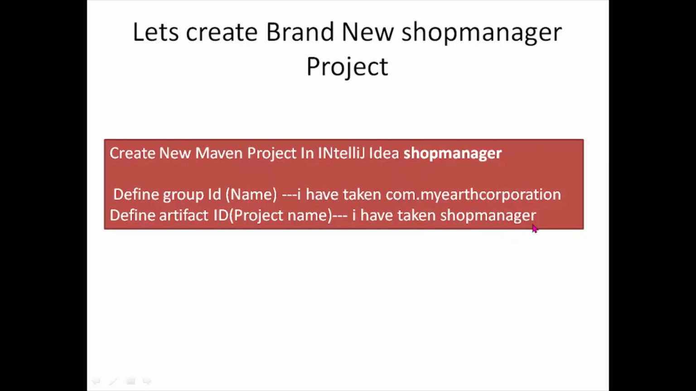If the name already exists in our system, I have already given the name shop manager, so we will take another name. Okay, before going ahead,